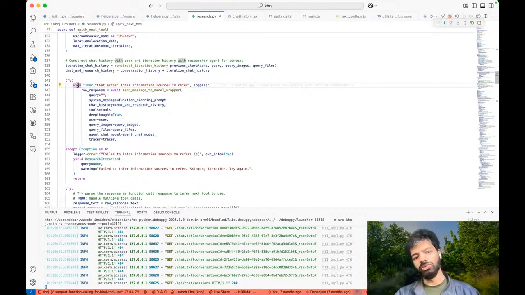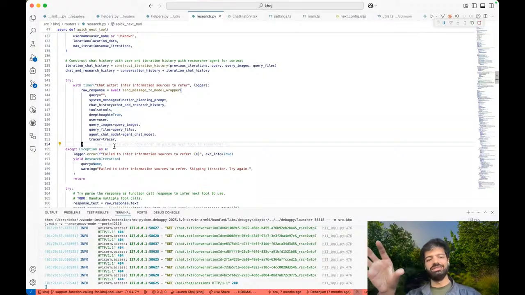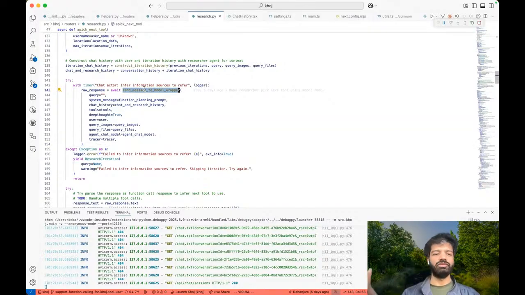So if you're talking to Claude 4.0 or a Gemini 2.5 Pro or a GPT or a Mistral or a Llama 3.2, Qwen 3, DeepSeek, whatever you have, all of this is decided by just this send message to model wrapper of whatever config you've selected. But for research mode, all it's doing is asking the LLM that has been configured the query.